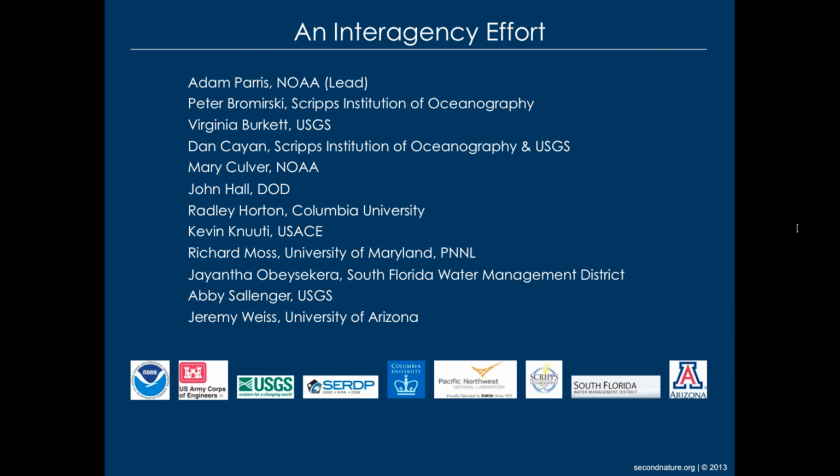With that in mind, based on the desire to have scenarios for the development of the National Climate Assessment, as Ann talked about, we pulled together an expert team to begin to try to synthesize the literature on sea level rise. I'm not going to read all the names here, but the important thing that I want to emphasize is that the information that you're going to see in the presentation